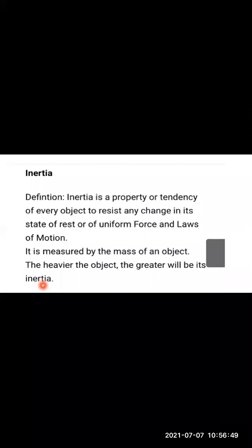One more silly example I would like to take over here pertaining to inertia is, suppose you are watching television and you are at rest, and your mom comes and she says, sit for the lecture or do homework. Will you be able to stand up and do the work that is being assigned to you? No, because you are in that particular state of inertia only, at rest. You are watching the TV, you are enjoying the same thing that you are doing. Similarly, the objects continue to be in the same way they are.